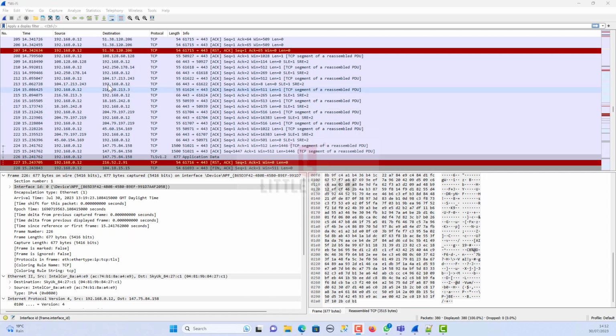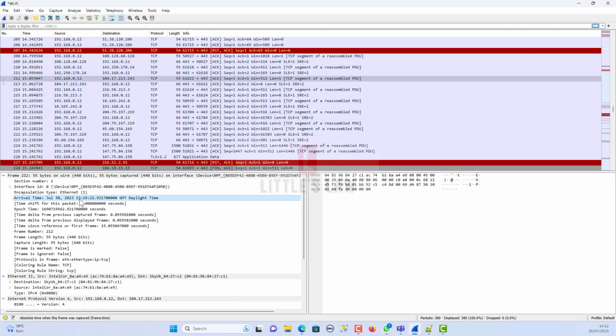So far we saw the packet list on the top, packet details on the left, and packet bytes on the right, and there is one more packet-related pane here, which is the packet diagram. Every time I choose or highlight anything in the packet bytes, you can see a blue colored highlight on the top right. That is the packet diagram. So we will see what that packet diagram is.